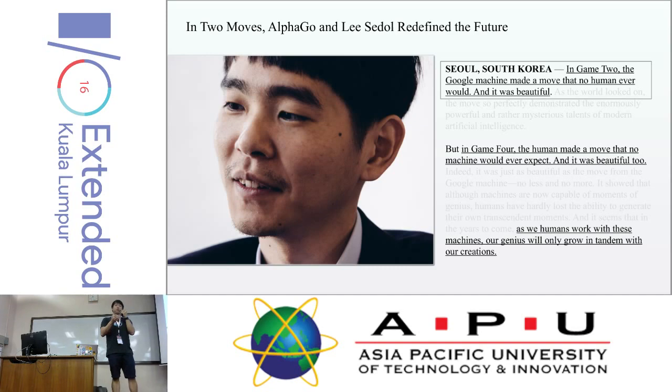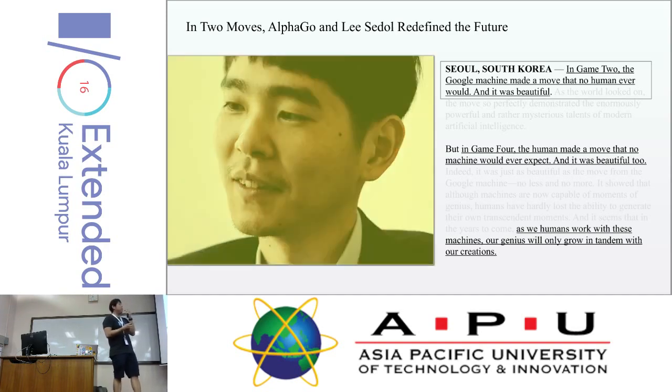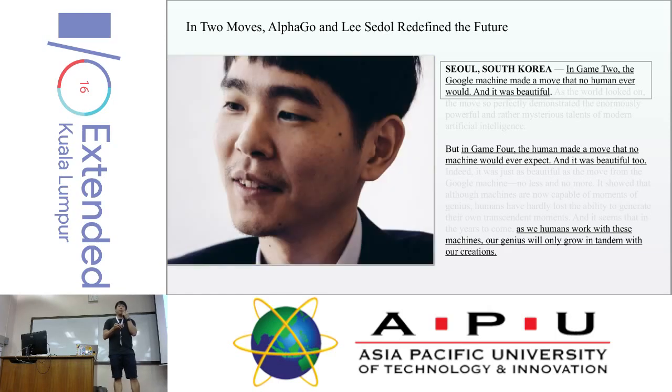We are inching our way towards true AI, how AI should be right now. And then in game 4, Sendo came back with a move that was so unexpected that he himself couldn't believe it, because he was being challenged by AlphaGo to that stage. Both of them are actually pushing one another.